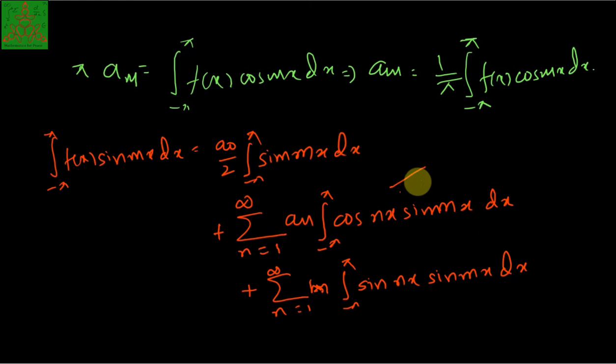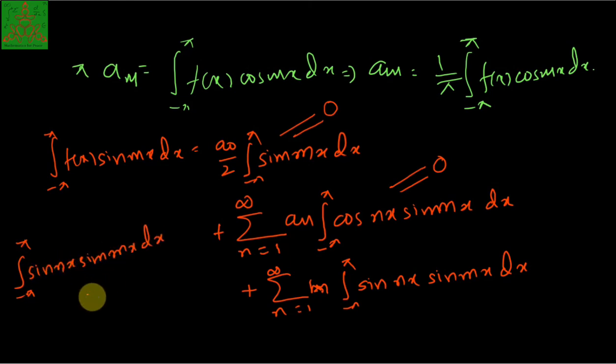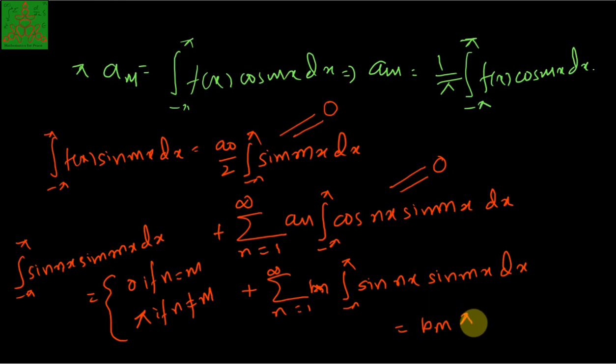Again, this quantity will become 0, this is also 0 for any n, m. So these two summation quantities are 0. Now for this also we have a similar result as we did with the cos, that is sine nx into sine mx is equal to 0 if n is not equal to m, and it is pi if n equals m. So finally we have it as Bm into pi,